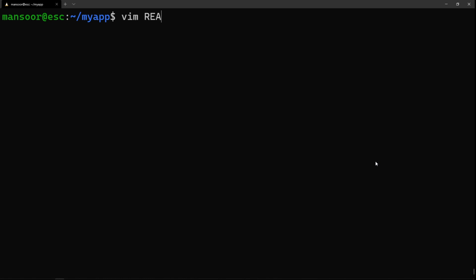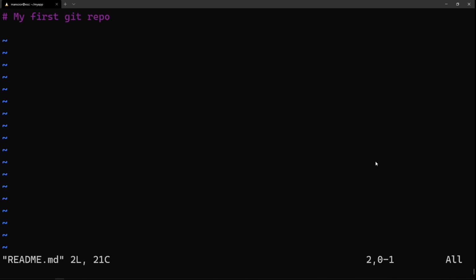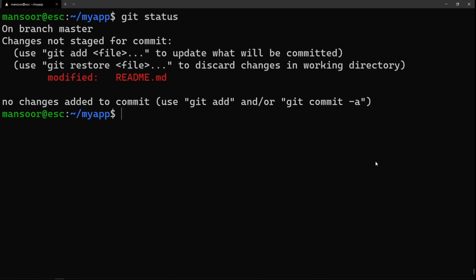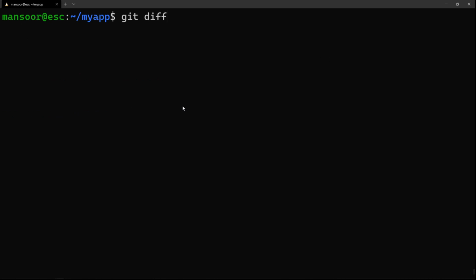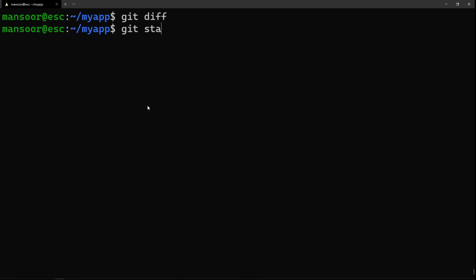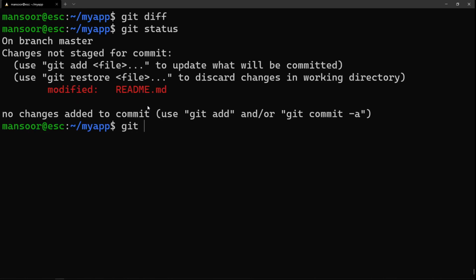Let me make another change. So I opened the file again and I'm going to add another line saying this is line 1 or something like that. Okay, so now if I do git status again, it says modified because we just modified the file. We can actually see the changes that we just did using the command git diff, or diff for difference. Here you can see that we just added this line. Again, if you want to commit this, we do add